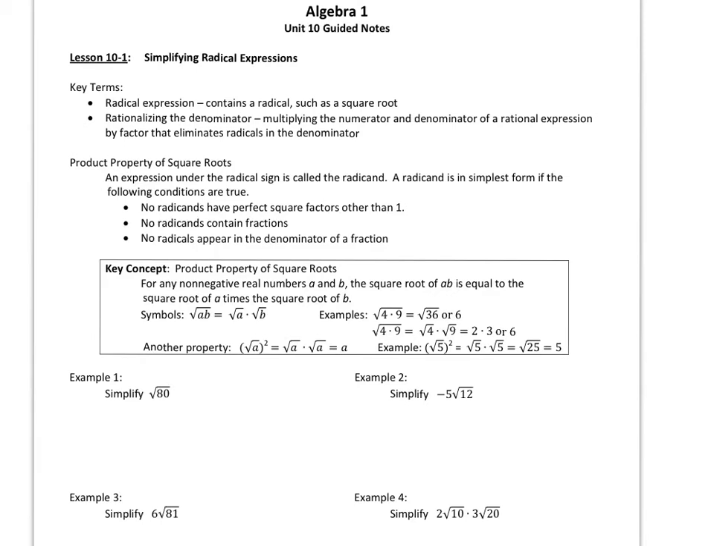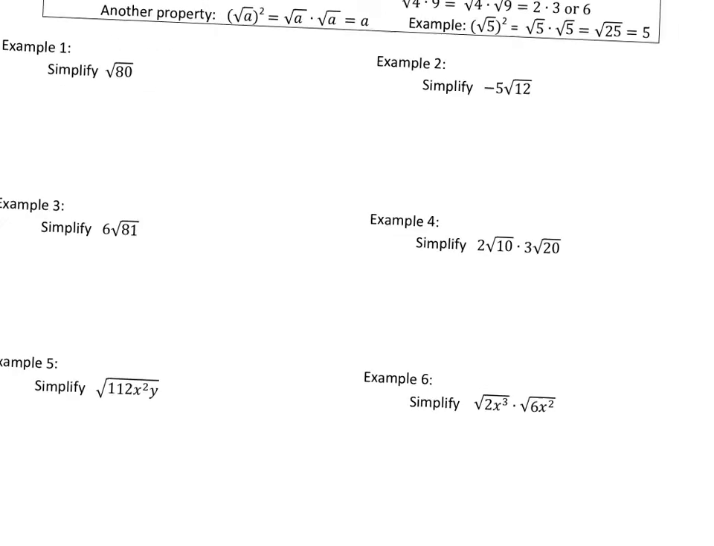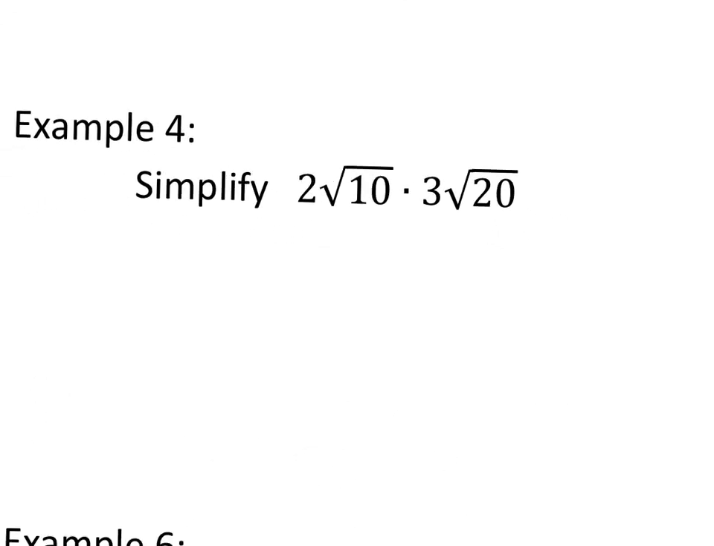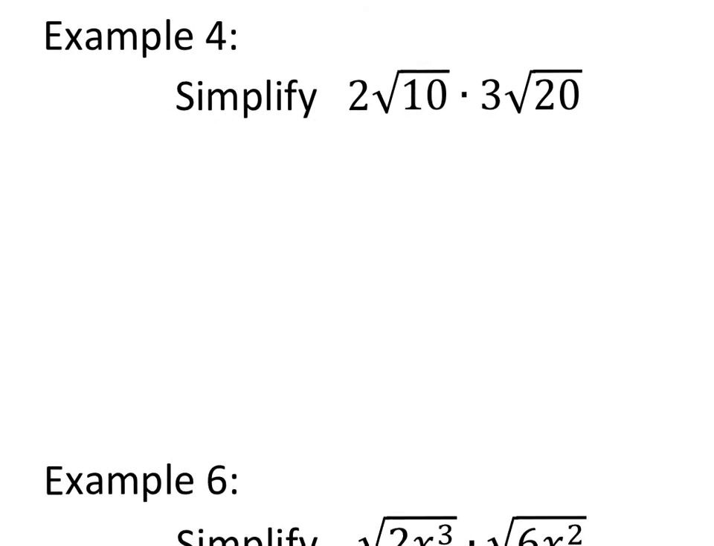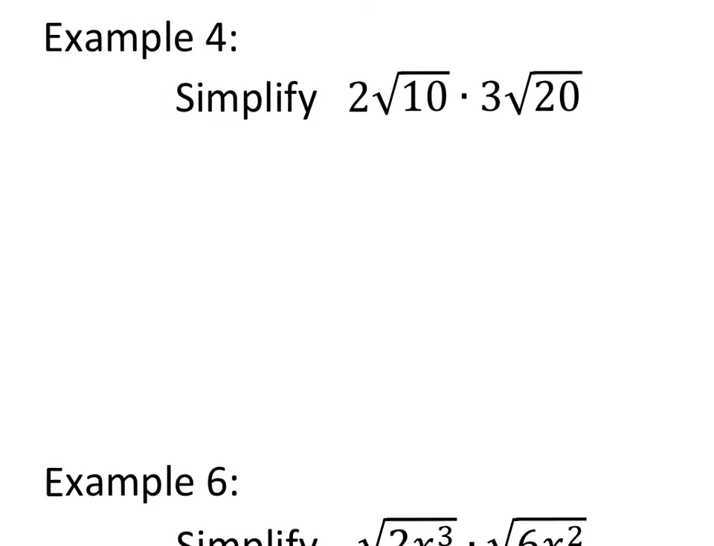Here begins the second part of lesson 10.1, and we're going to focus on the last three questions of our notes. And this situation has roots being multiplied. And the property is that the outside pieces get multiplied together, and the inside pieces get multiplied together, and we're left with 6 root 200, which we would then say is simplifiable, and we would look at that as 2